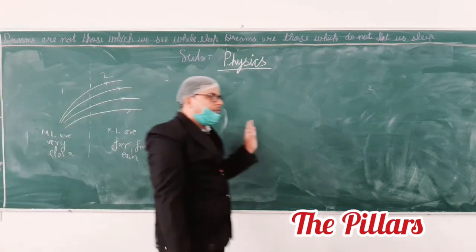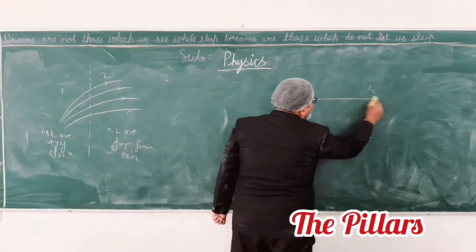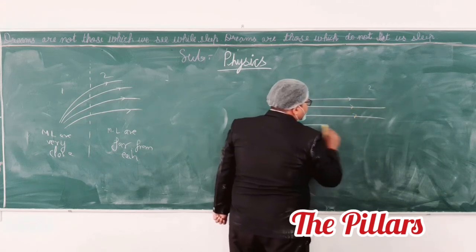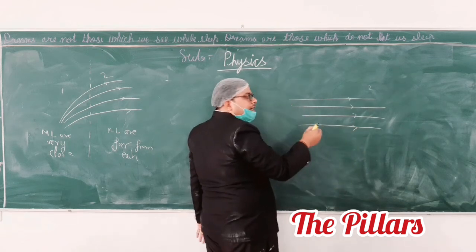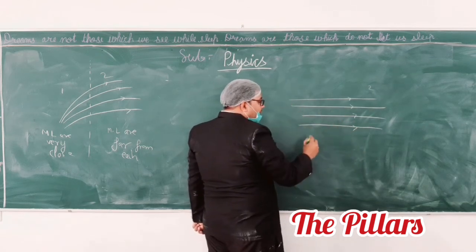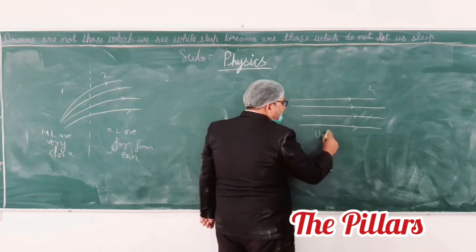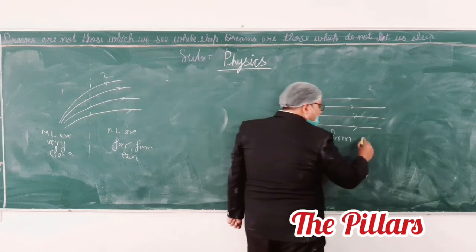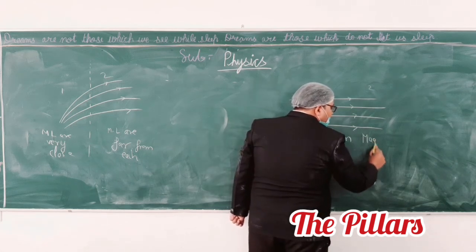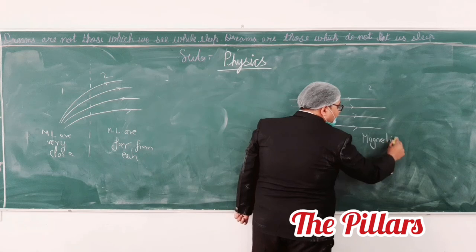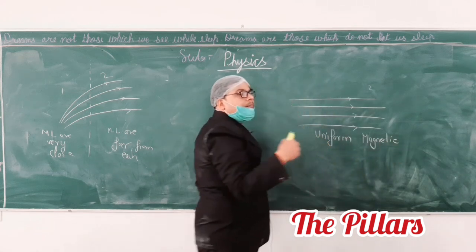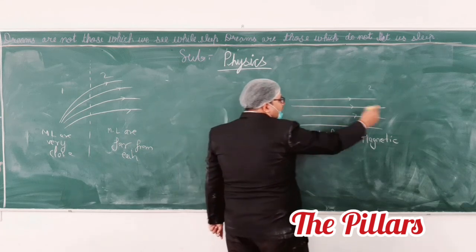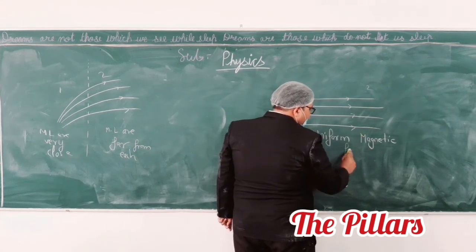Any problem? For uniform magnetic field, the lines will be, inside the magnet, sir. If you are getting magnetic lines like this, it means these are uniform magnetic field. These are the same strength, same direction. Uniform. Inside the bar magnet we are getting this diagram, okay? But there are other sources from where we can create uniform magnetic field. So for that we will get this diagram, uniform magnetic field.